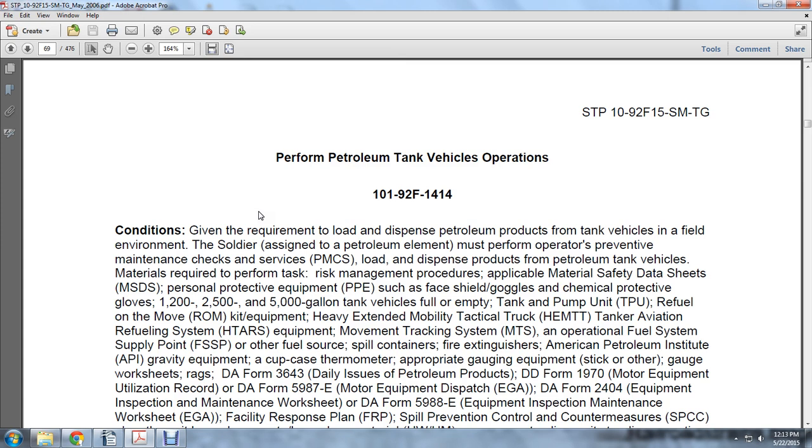Materials required to perform the task: risk management procedures applicable to the material safety data sheets, personal protective equipment such as face shields and goggles, chemical protective gloves, 1,200, 2,500 and 5,000 gallon tank vehicles, full and empty tank pull unit, TPU, refuel on the move ROM kit, Heavy Expanded Mobility Tactical Truck, HEMTT, tanker aviation refueling, HATARs, movement tracking system, MTS, and the optional fuel system supply point, FSSP, other fuel sources, spill containers, fire extinguishers, American